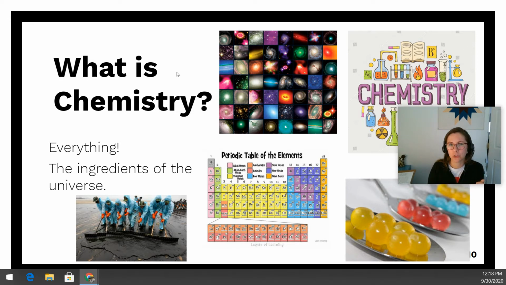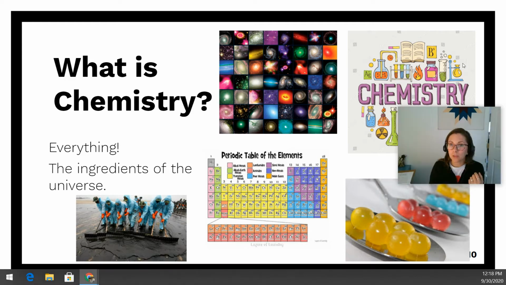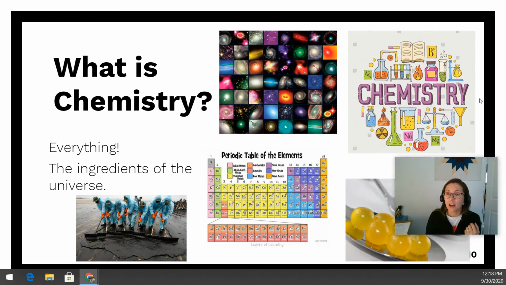So I have some images here to represent what chemistry is. The first thing I'll point out here is, actually, let's look at this picture here. Chemistry. So I'm going to move my little face here. I put this image of chemistry with all the beakers and the solutions and a little flame and glassware because this is what people think of when they think of chemistry, right? They think of scientists pouring solutions into bottles. That is part of chemistry. That is how we study lots of things about chemistry, but that's not what chemistry actually is.